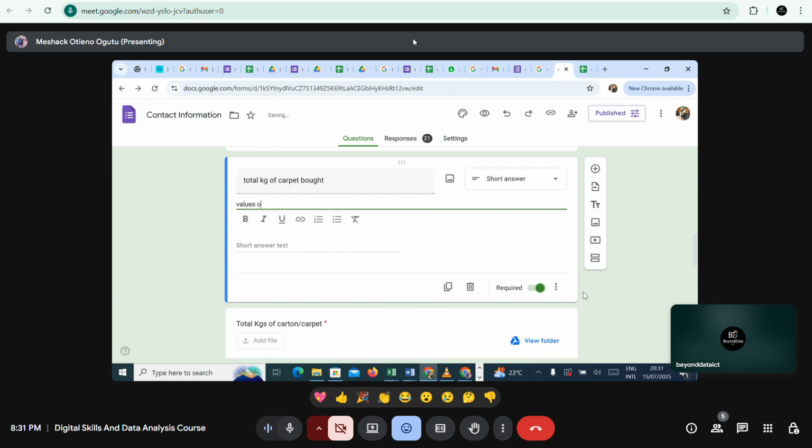values only, e.g. Then you can put an e.g. maybe 50, maybe 40, maybe 10, e.g. Then you can put 2, or at least a value someone can understand. So when someone sees this,